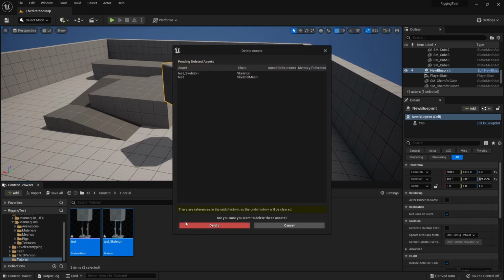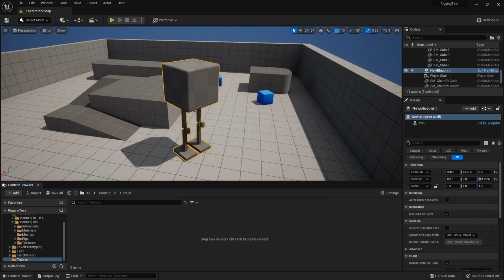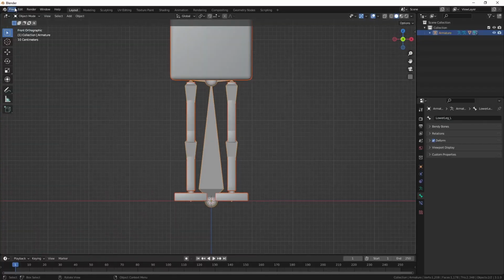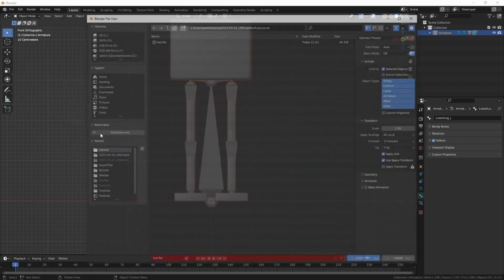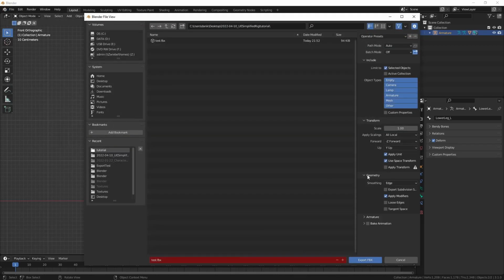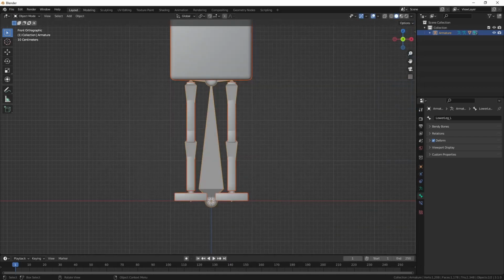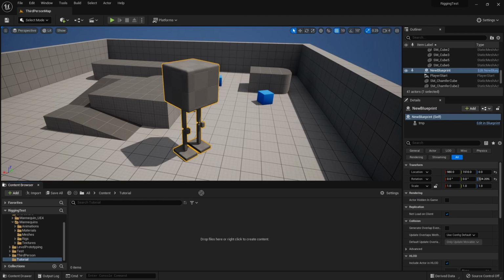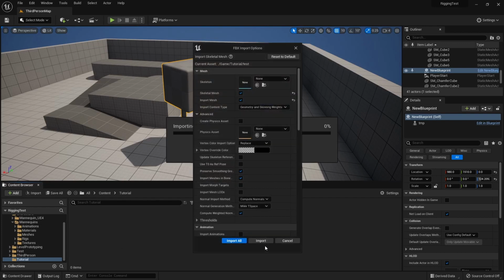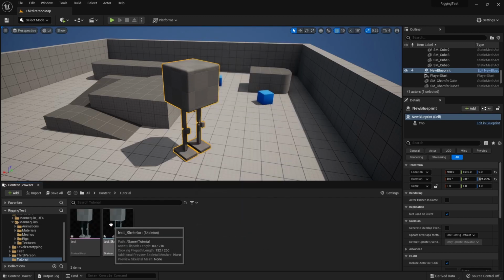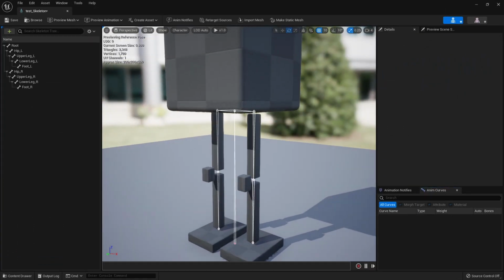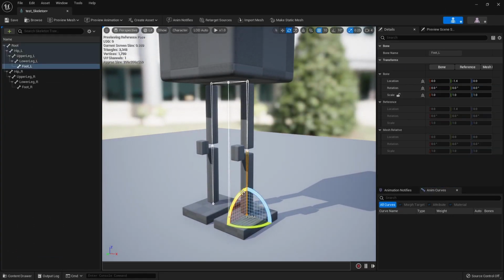So let's delete our files here very quickly and switch back to Blender. If we go back to our export settings, so export your FBX once again, this time we will go to armature and uncheck add leaf bones. We export that again, go back to Unreal Engine, drag this file back in, the settings should be the same again, we'll just hit OK,